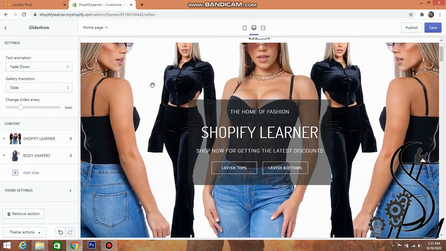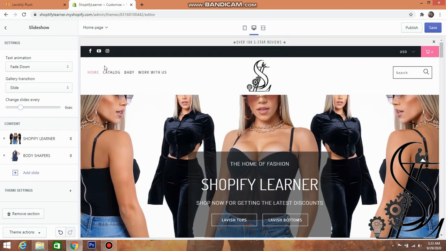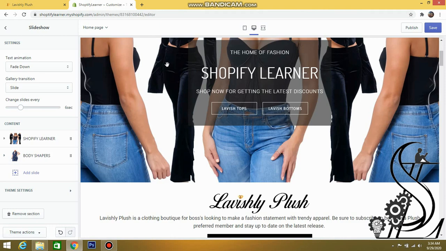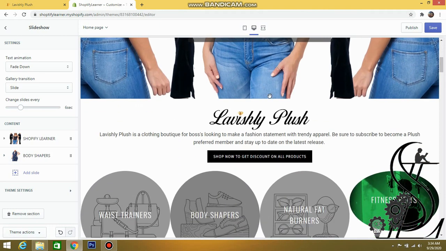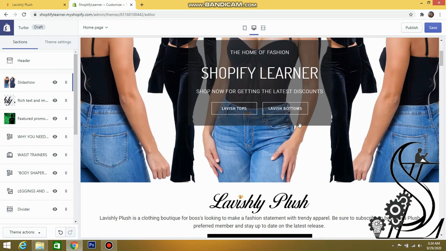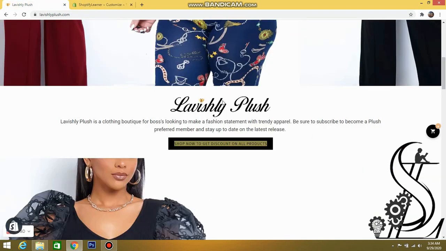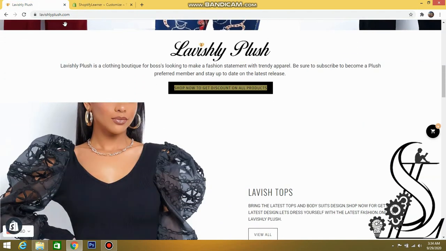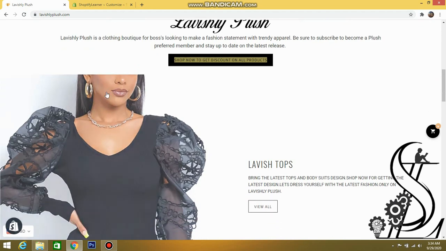As you see, our font will be exactly like that. We have edited two sections of the Turbo Shopify Premium theme, rich text and image, and also the slideshow. Now we can move to the next section of that store which we can copy, the image with text section.